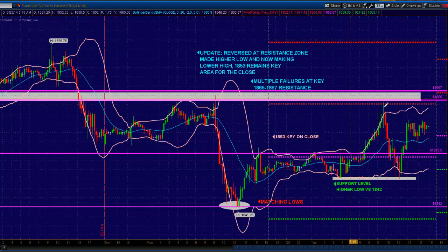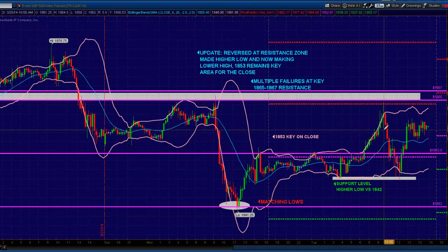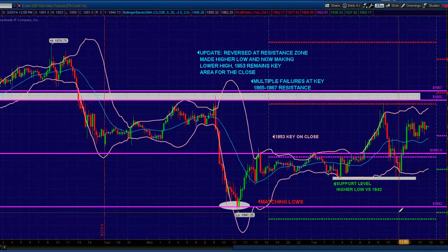That said, we open up, and about 10 o'clock, we make a high just on the edge of this resistance zone that we've been identifying all week. Had a nice failure there, and we sent the first chart out, indicated that if we were going to fail, it needed to fail at the resistance zone. We were looking at the 53 area of the daily pivot as a potential support zone. It broke that area and then tested